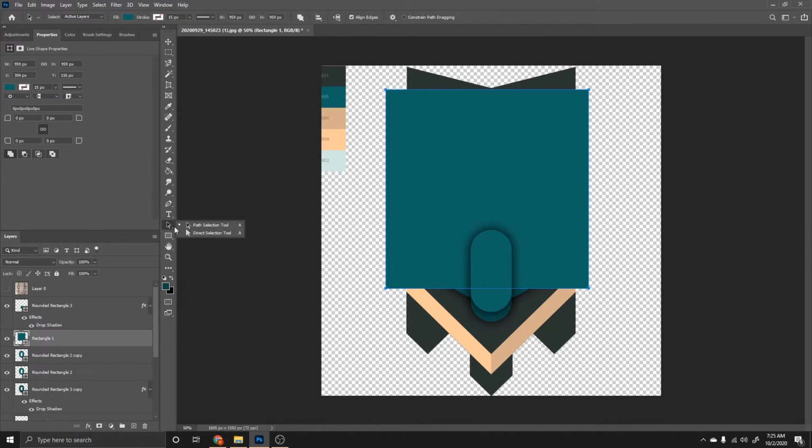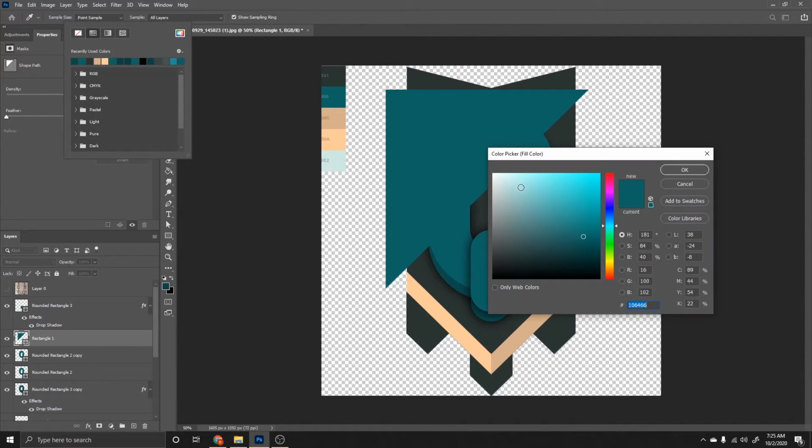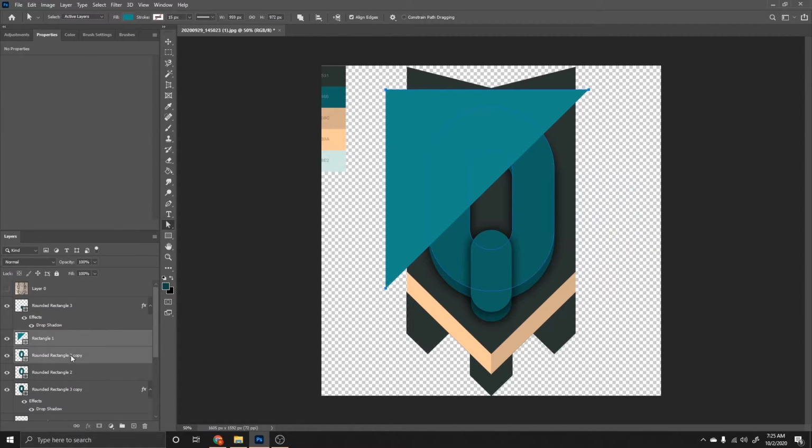So what we can do is if we go to the direct path tool and just select one of these corners, hit delete, it gives us this nice little right triangle we can use. So after that, you can just take the color, move it a little bit farther up on the scale to get kind of a highlight,